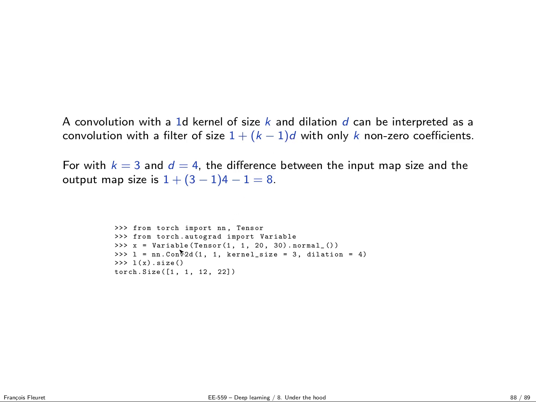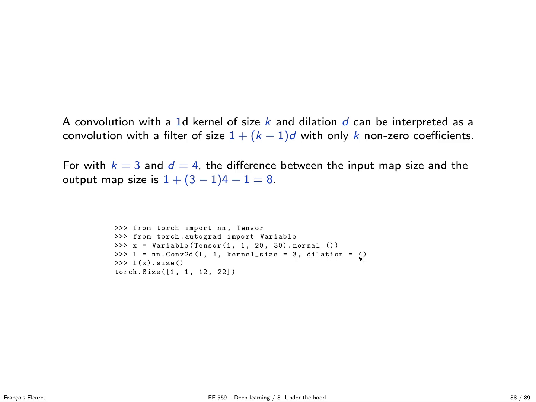So this little piece of code shows how to use the dilation in PyTorch. You simply import nn and torch, autograd as usual, you create a variable around the tensor, and now you build your convolution module. Instead of letting the dilation be equal to 1, here I say it's equal to 4, which means that the filter is 3 plus, with the distance between the coefficients being 4.